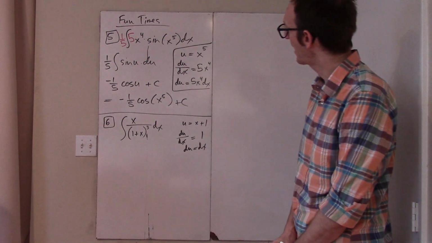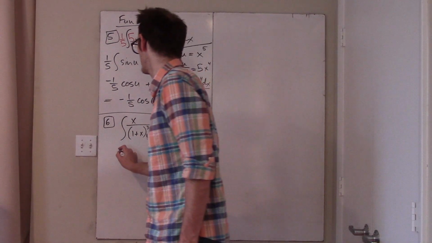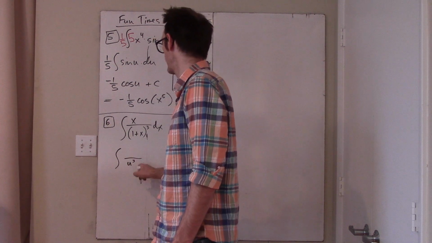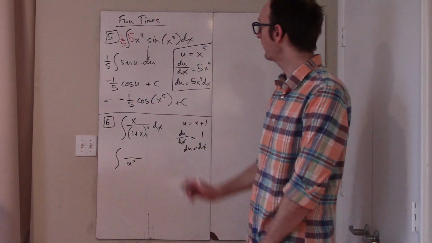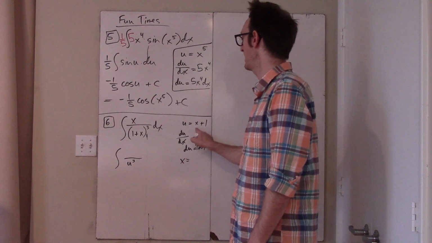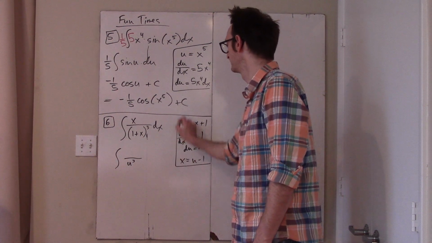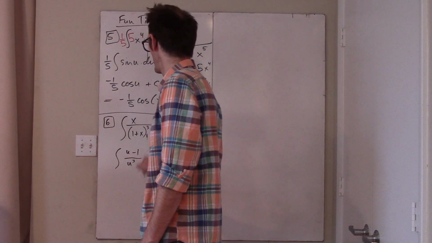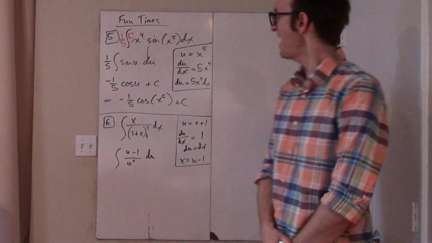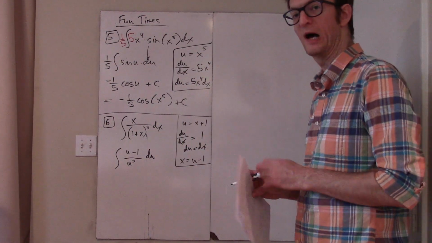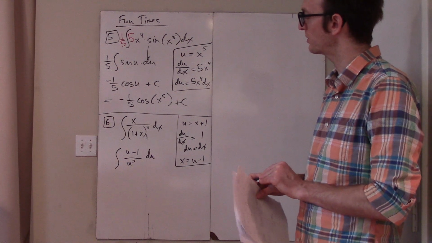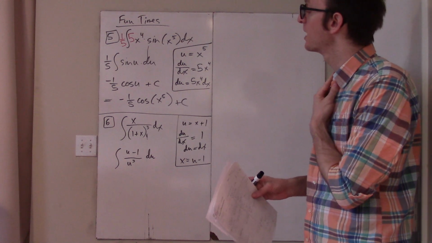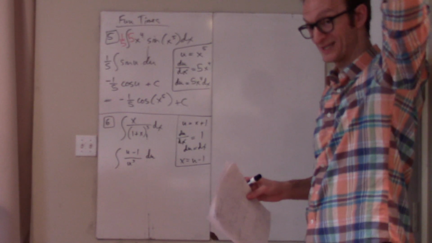Okay, how is that helpful? Well, if I go to rewrite this thing, my denominator is now u cubed. What is my numerator? Well, what is x? x is just u minus 1. Ta-da. And since x is u minus 1, I can rewrite this as u minus 1, and then dx is just du. Have I accomplished anything? It seems I've just shuffled things around in a different order. Yeah, that's true, but now I've shuffled them around in an order in which my denominator is a single term,